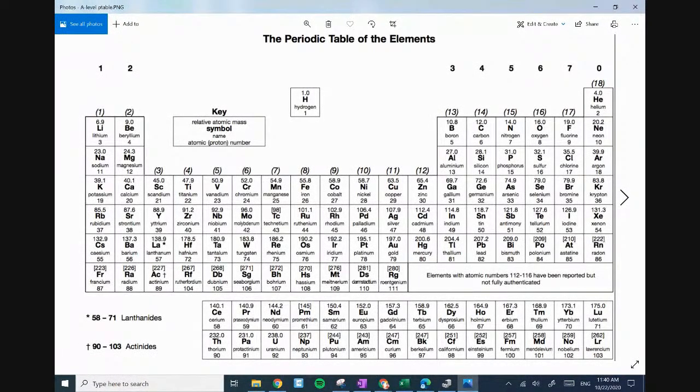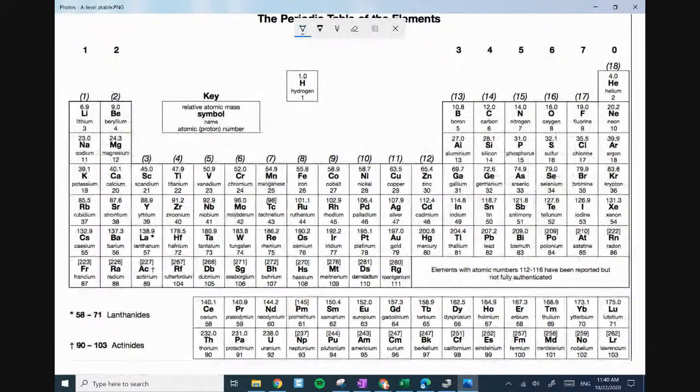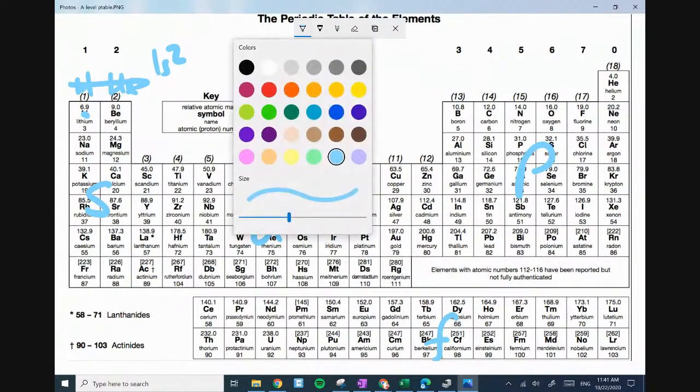So to do lithium first. We know that hydrogen and helium are in the wrong place. Hydrogen should be there, helium should be there. They're in the 1s block. We know this is the s block, the d block, the p block, and the f block. So we go 1s2 for those guys, and then lithium we're into